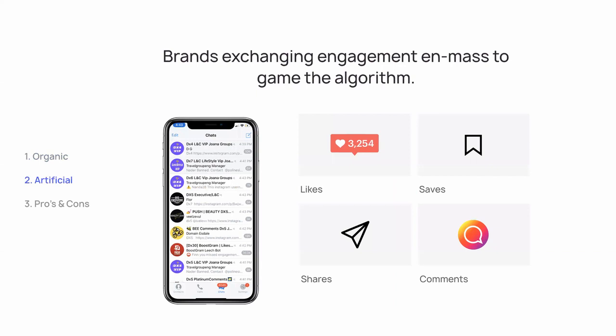Artificial though, is where, this is like talking about Telegram and DM groups, where you'll literally just go on there and you like 4 or 5 or 7 or 10 or whatever the number is. Sometimes it can be up to 30. You like 30 posts, and then 30 people will like your post. Right? They'll like, save, and share the content in whatever your post. So it's kind of like a like-for-like thing. It's pretty time intensive. For every post you make, you probably spend 30 minutes to an hour in here.